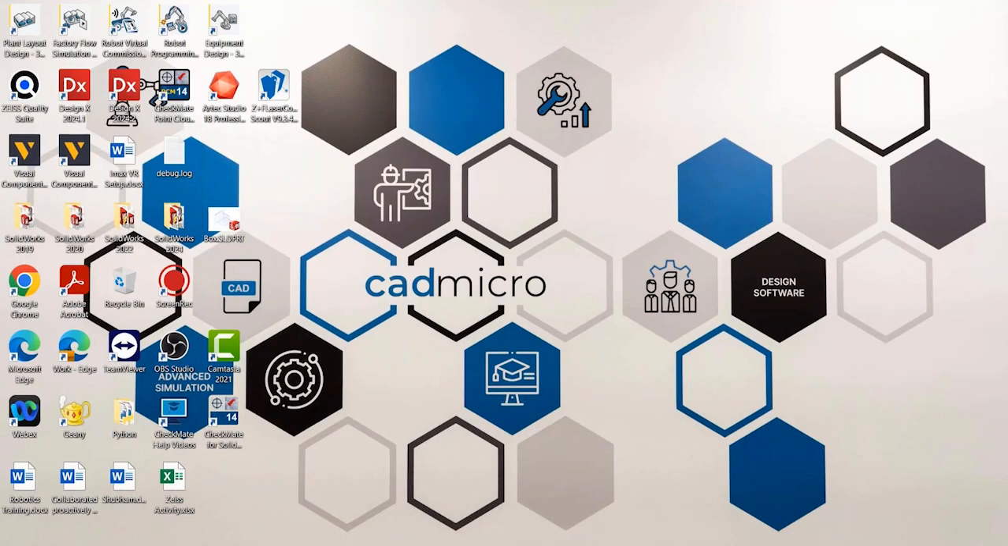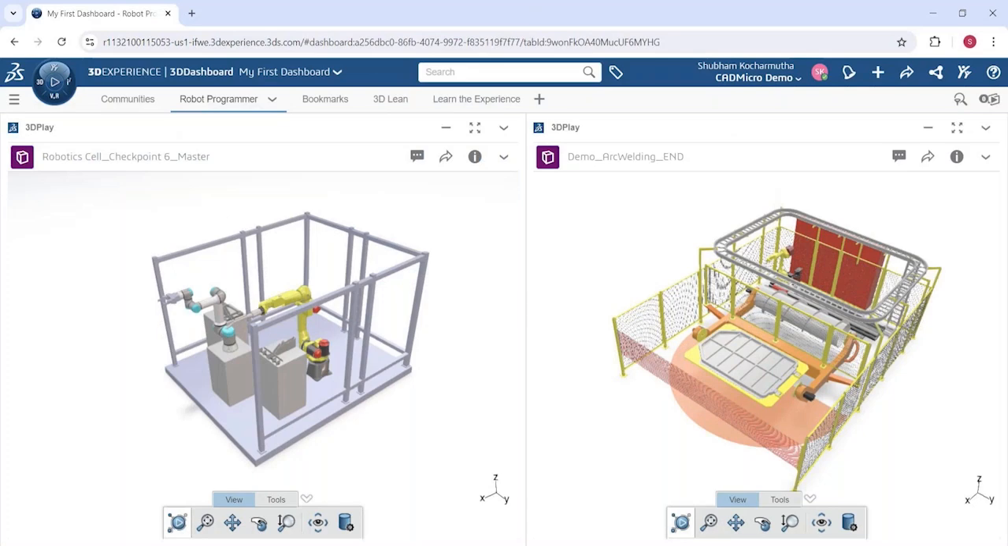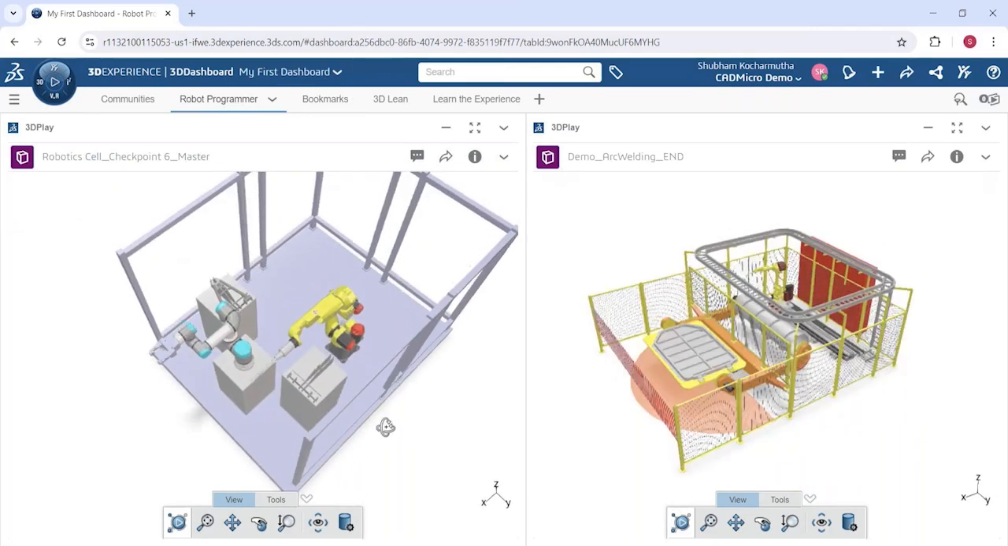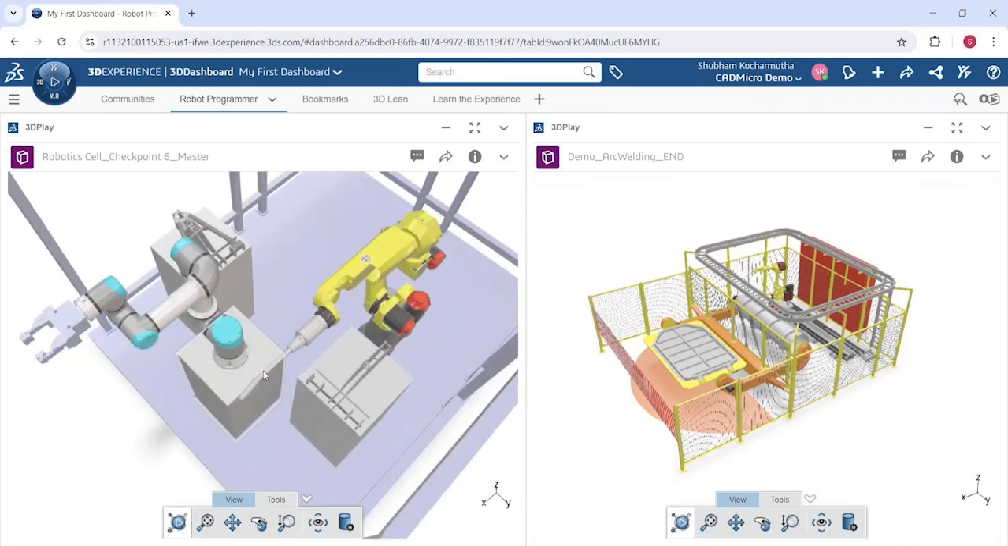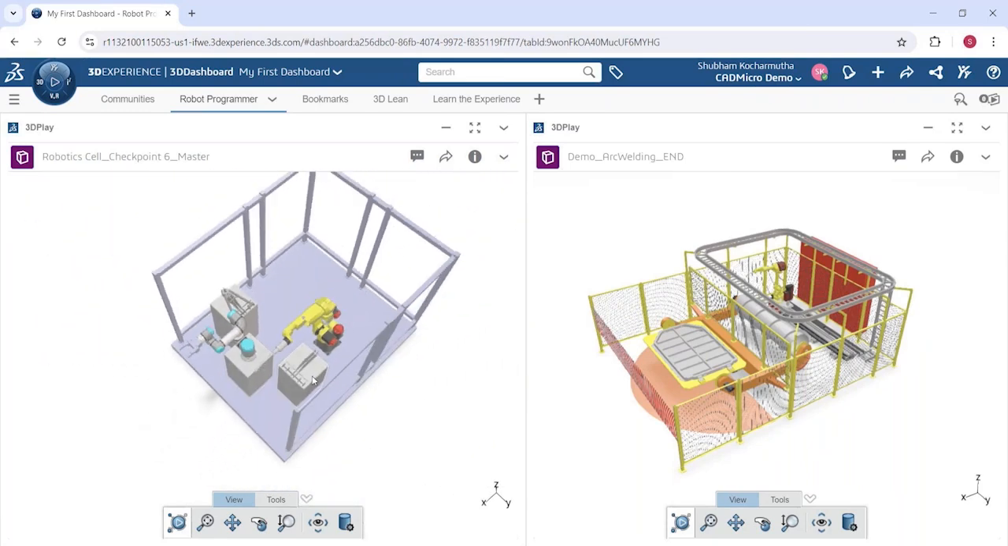This is my 3D Experience dashboard. Here you can see I have different tabs. One of them is Robot Programmer, where I can open and view the layouts that I have created. On the left, I have a layout with pick and place plus welding with a Universal and Fanuc robot. On the right,